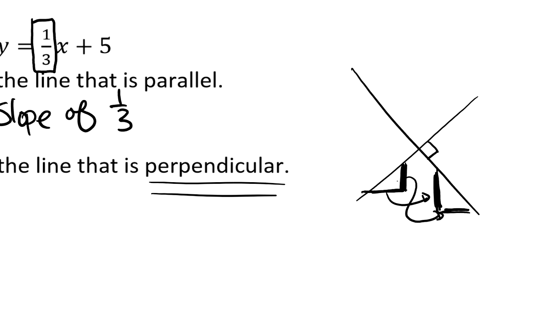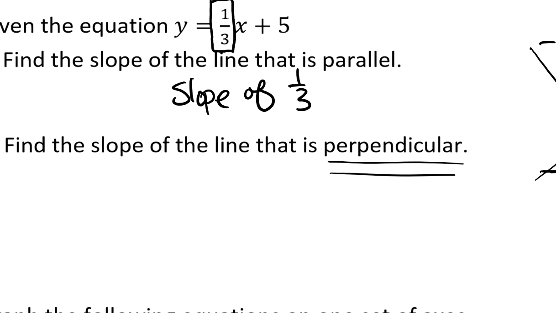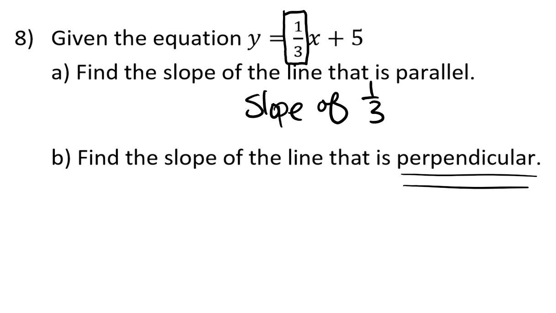This is getting ridiculous, but the point, and also notice the slopes change signs, right? This went from a positive slope to a negative slope. I point this out because what we've been saying is if lines are perpendicular, their slope patterns change, right? The rise and run change places. So for this one, the rise and the run have to change place if they're perpendicular, but also the sign